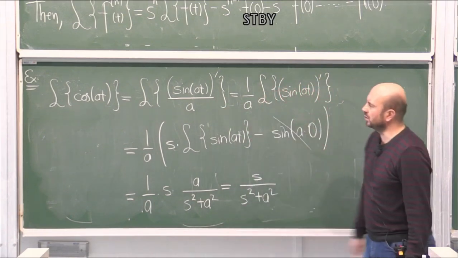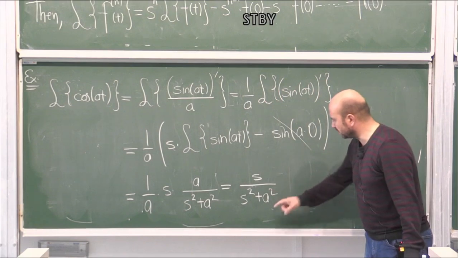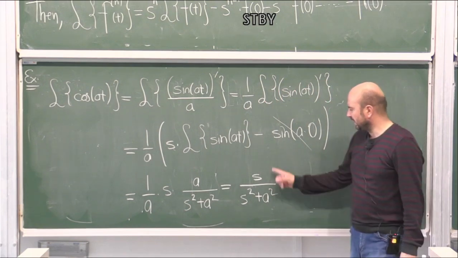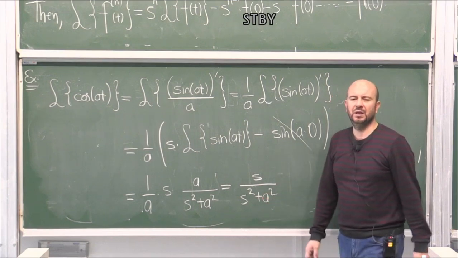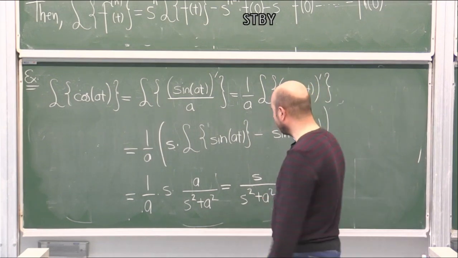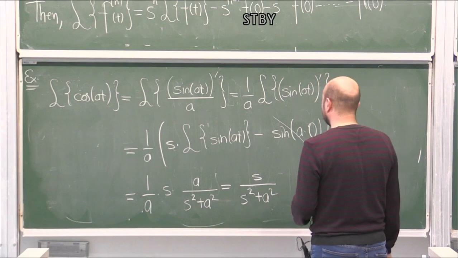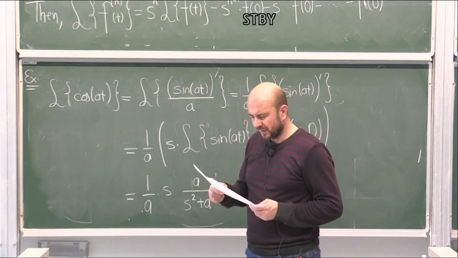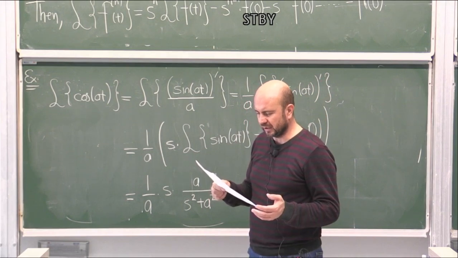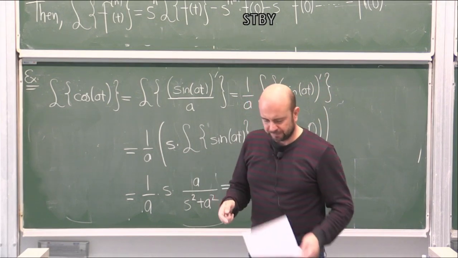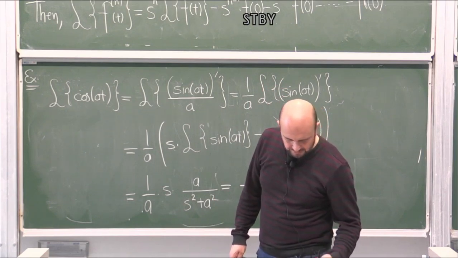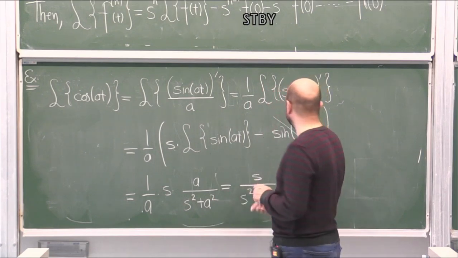So Laplace of cosine is s over s squared plus a squared. Remember, Laplace of sine was a over s squared plus a squared. All right, so that was another formula in the table. So if you look at the table now, we also finished number 6. I'm assuming we finished number 7 and 8 because